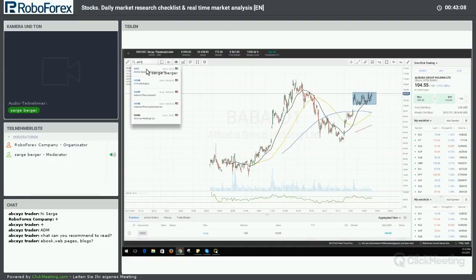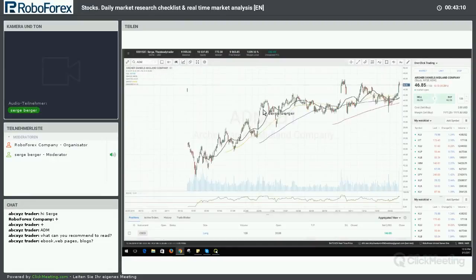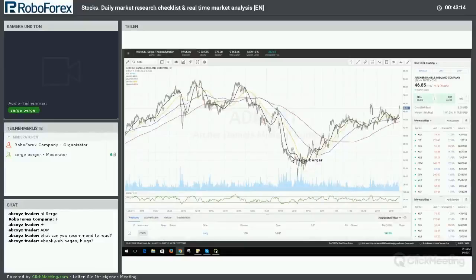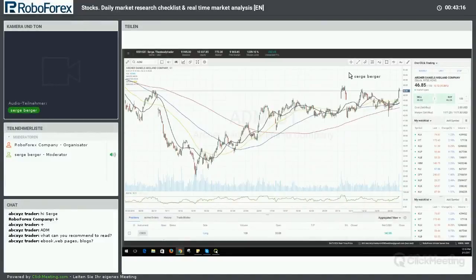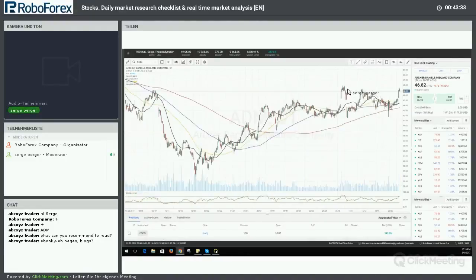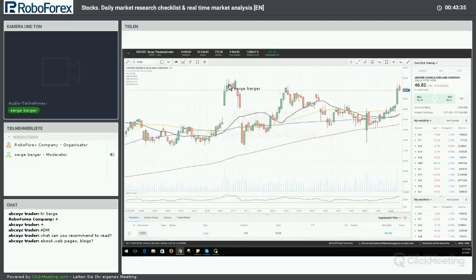All right, let's look at Archer Daniels Midland, and here we have a stock that very much looks like a lot of the rest of the market. It's been basically consolidating for the past couple of months. It had a bit of an initial rally after the election. Even though it hasn't made new highs, it's constructively positioned, right? You can see, just applying the same analysis, the medium-term moving averages are all pointing higher. We've got a stock that is attempting to break past these highs over here from last